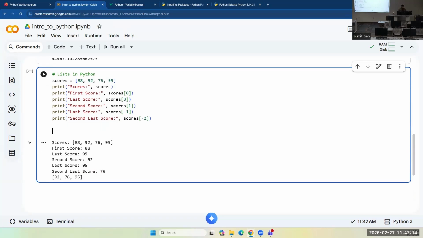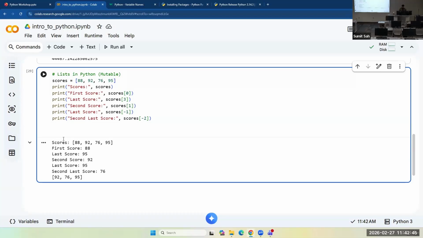And in lists you have multiple different methods. In lists, you can add different values. You can append values, you can remove values. So lists are mutable. In programming, mutable refers to whether you can change the values.